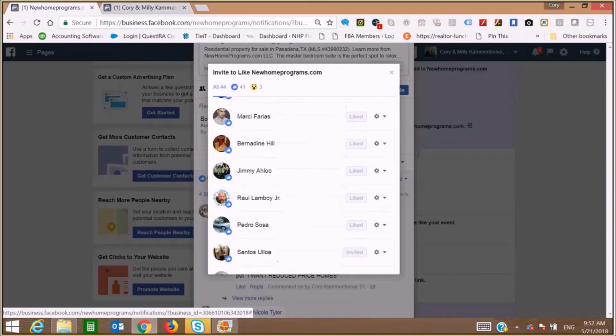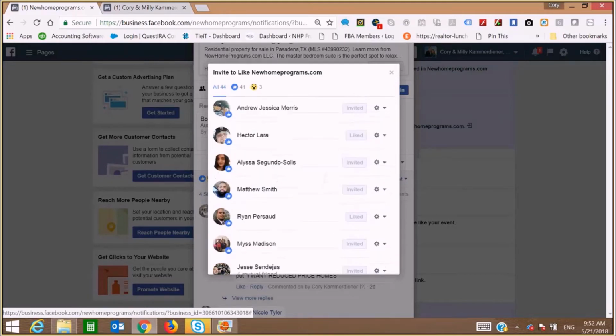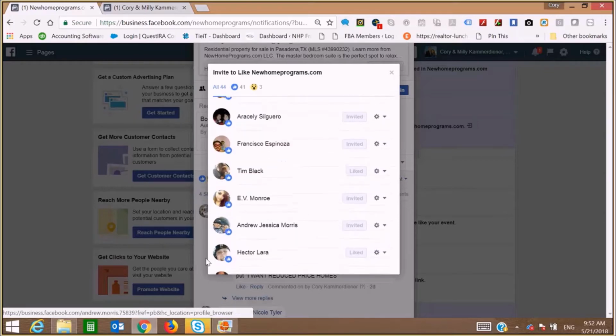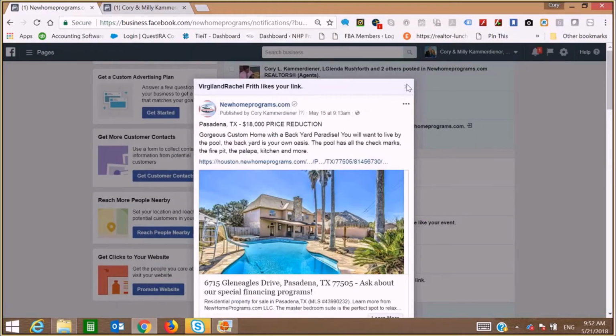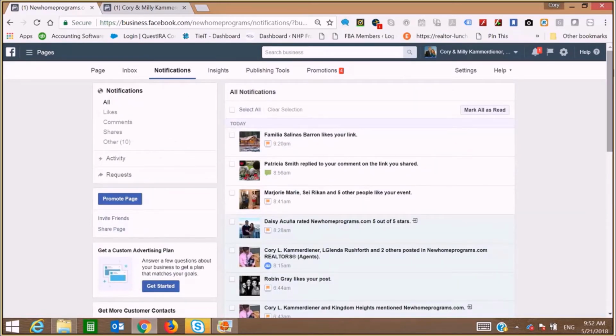which person liked this ad. Maybe they just liked the picture of the house. I don't care. I still want to invite them to the page. Okay? Everybody's invited to the party. Okay, everybody has either been invited or they've already liked. Okay. Now, real quick, I want to make this really clear to you guys so that you understand how Facebook